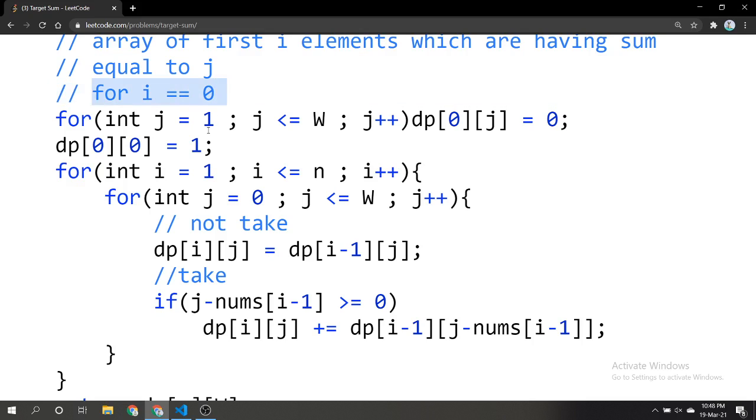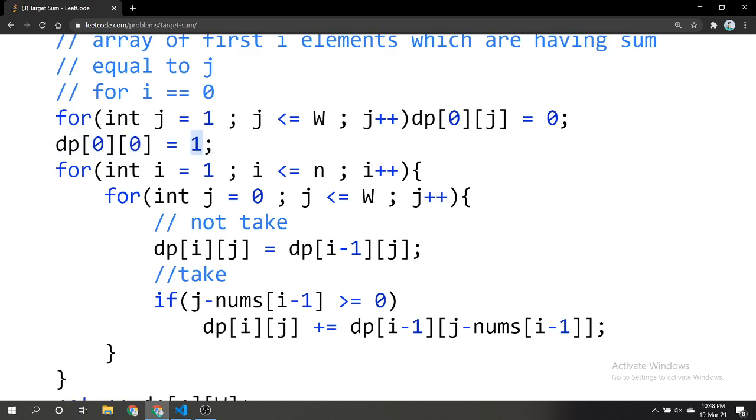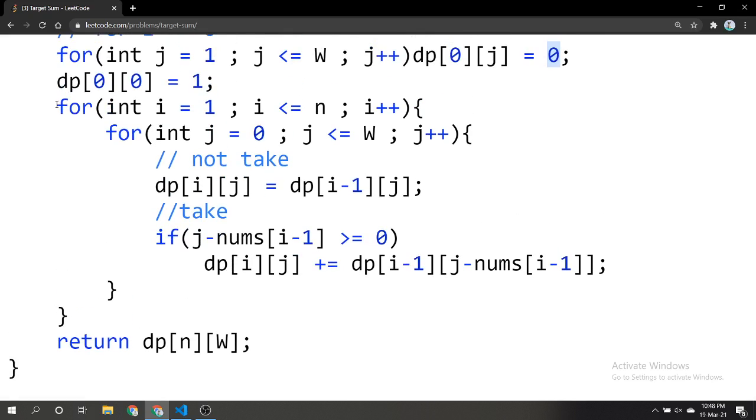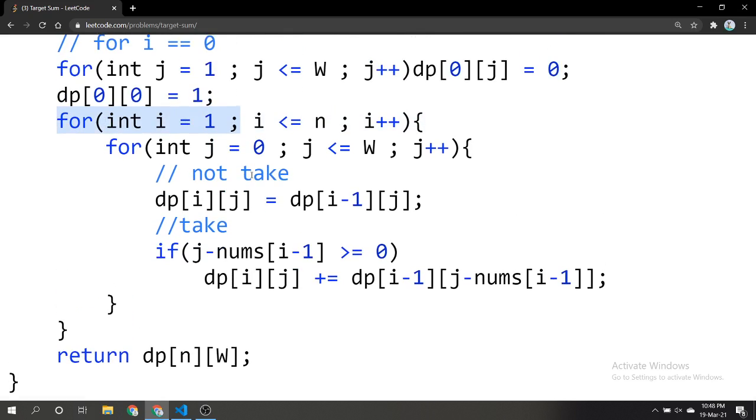For 0 elements and sum equal to 0, there is one case: if I don't take any element, I have sum equal to 0. So I put 1 here for 0 elements and 0 sum, but for 0 elements and any sum greater than 0, I have 0 cases. Okay, so now I will go through the real code here.